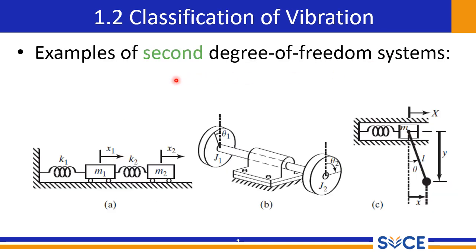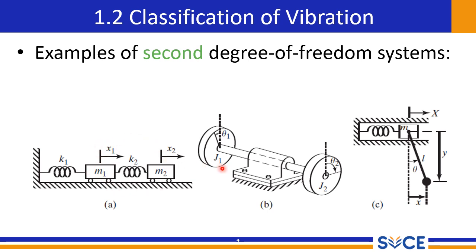In this slide, we classify vibration based on the number of degrees of freedom. In the previous slide, we saw a 1 degree of freedom system. In this slide, we are seeing the 2 degree of freedom systems. 2 mass spring system. In the system, 2 masses M1, M2 are connected by 2 springs. The motion of each mass is described by coordinates x1 and x2. The interaction between the masses and the springs creates coupled vibrations where the displacement of one mass affects the other